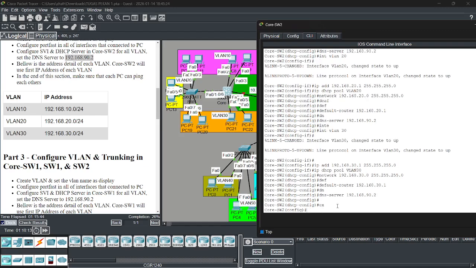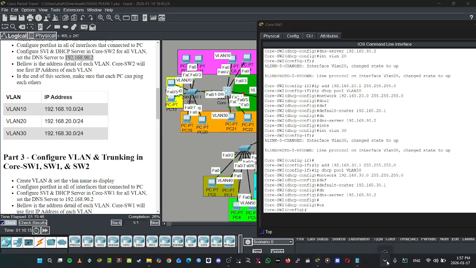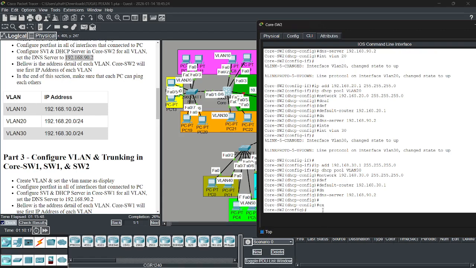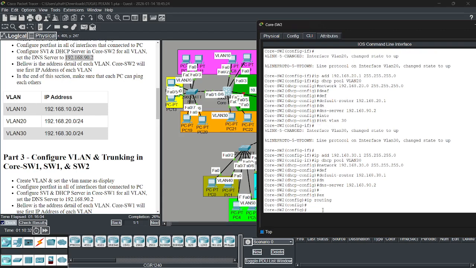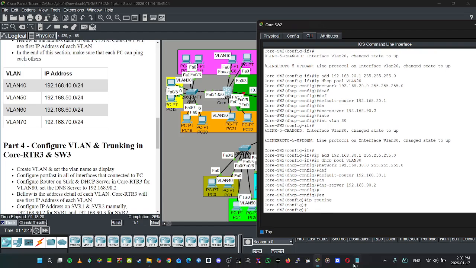okay, we add the IP routing for the MPLS, to pass through the routing. We should type this command, ip routing. Okay, continue.